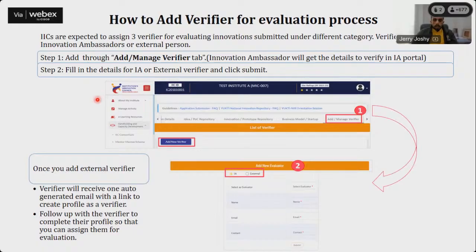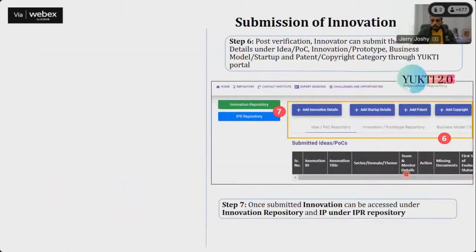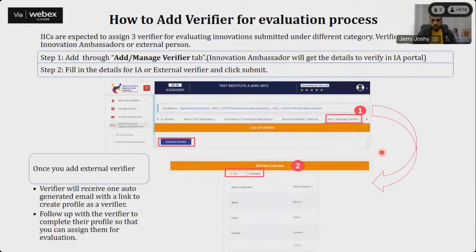So once you update those details, the next step is how to add the verifier for the evaluation process. So let's say as per the earlier step, the particular innovator has updated their idea or POC repository details or innovation repository details, and they will be submitting that. Once this is done, the next step, the duty comes to the IIC institution. So they have to add one verifier under the dashboard,